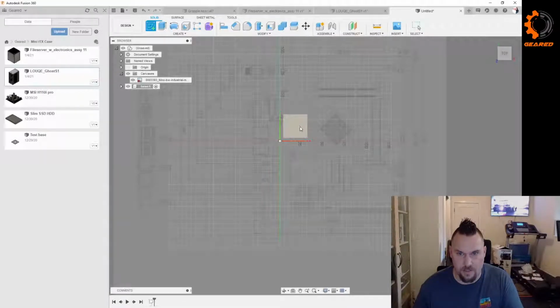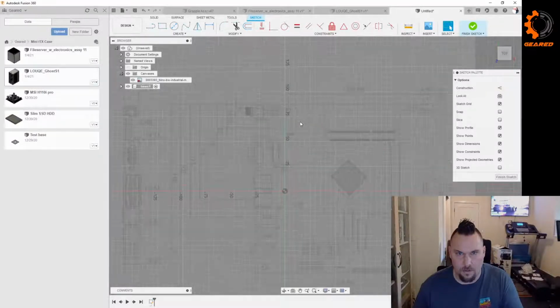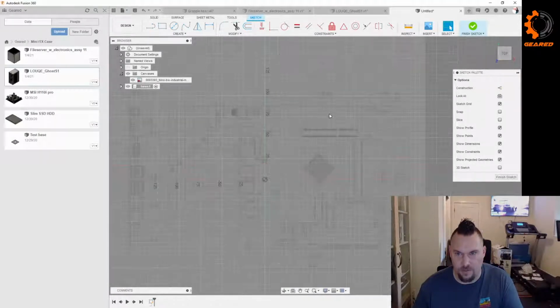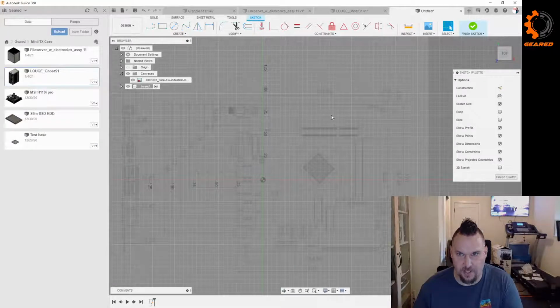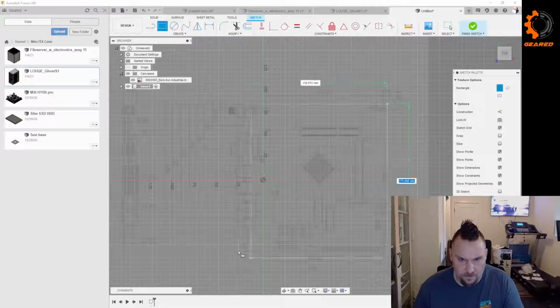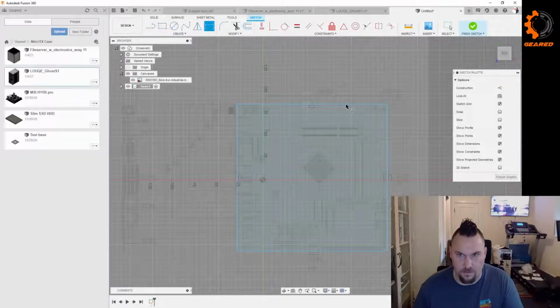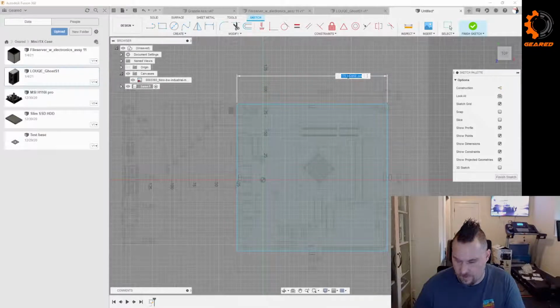Do a new sketch right here. The hard part is seeing it when it's not really visible when you're in a sketch. Not too bad though. So let's do a quick rectangle, here to here. Go D for dimension, that is 170. Let's put it,